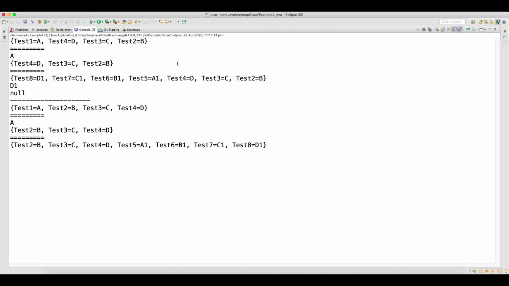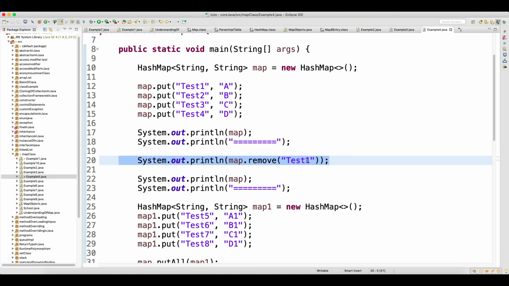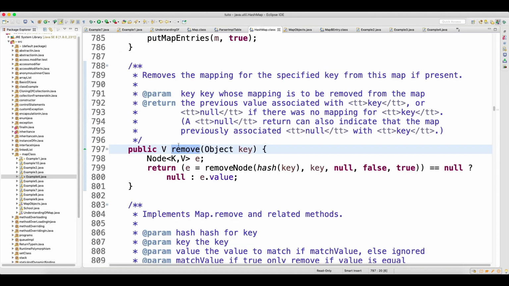So look at this console. This is your original map, where you have added the records. Then you are calling the remove method. When you press Ctrl and click on the remove method, the return type is V, which in a map means value.